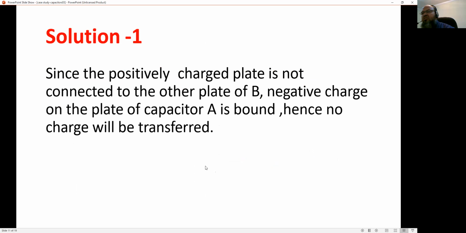So since the answer you can see on your screen, that since the positively charged plate is not connected to the other plate of B, negative charge on the plate of capacitor A is bound, hence no charge will be